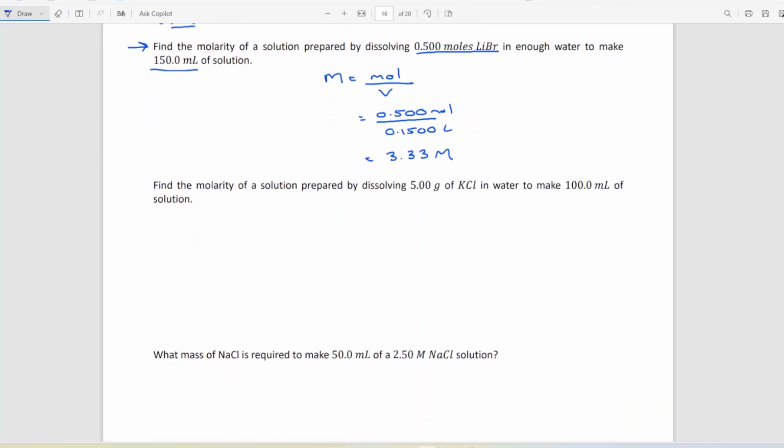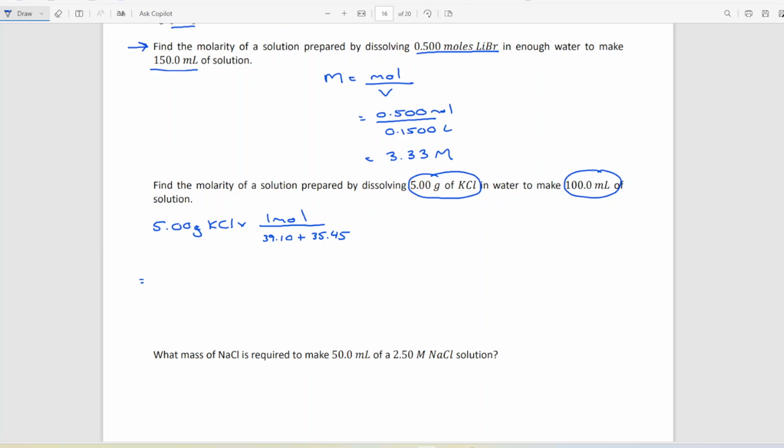We can say find the molarity of a solution by dissolving 5 grams of potassium chloride to make a 100 milliliter solution. And for this one, we first have to convert from grams into moles. So we would say that we have 5 grams of potassium chloride, and we are going to convert that into moles. So 1 mole of potassium chloride weighs what? Well, potassium is 39.10, and there's 1 potassium ion, and then chlorine is 35.45. So then we would say that the molar mass of potassium chloride is